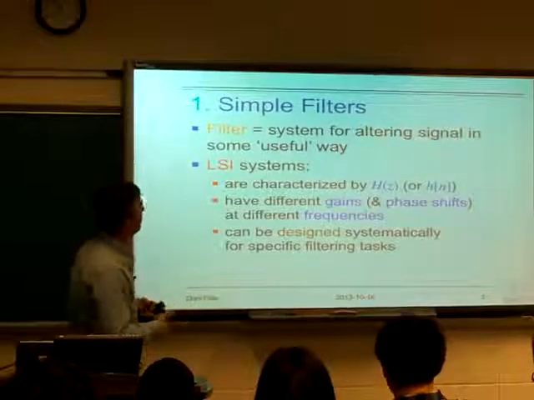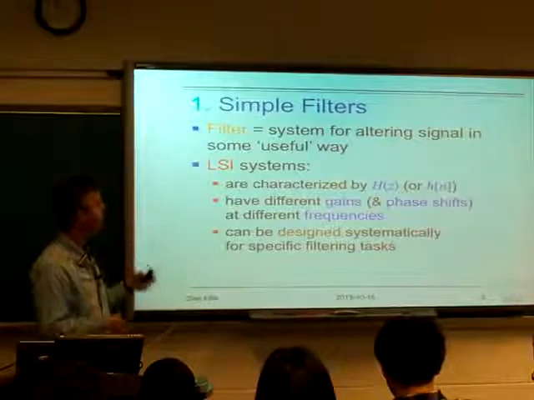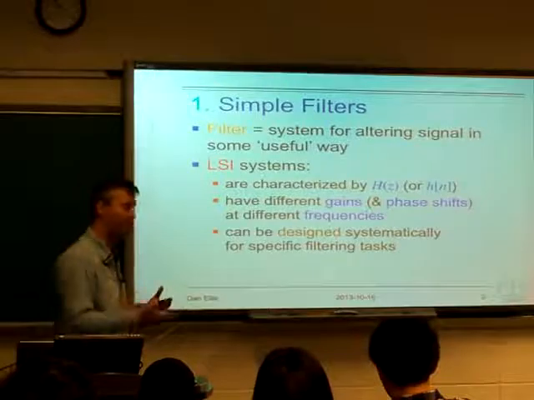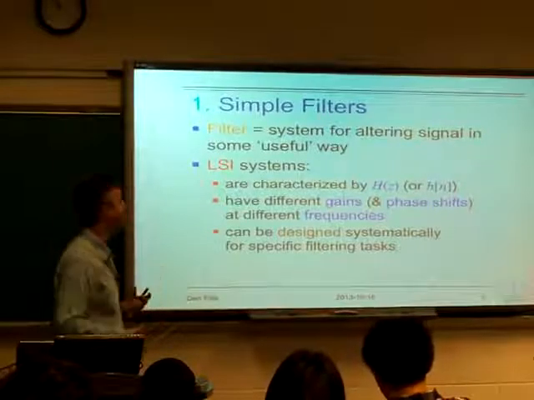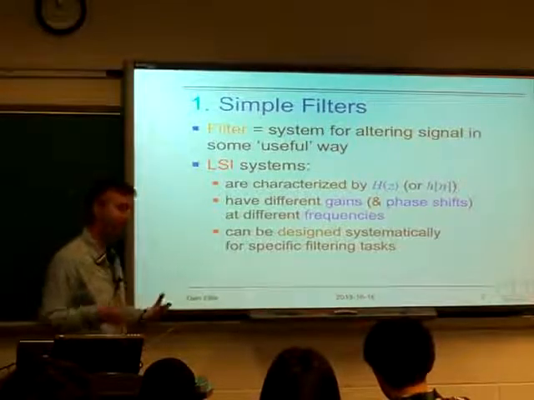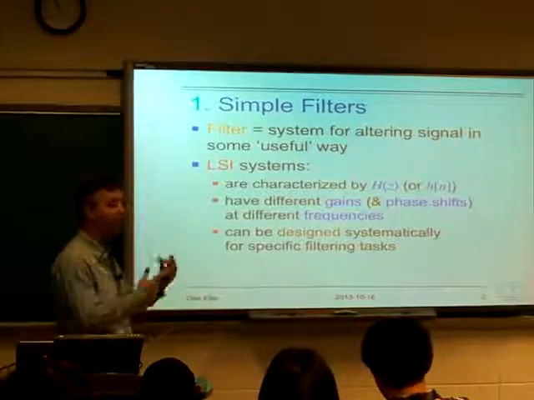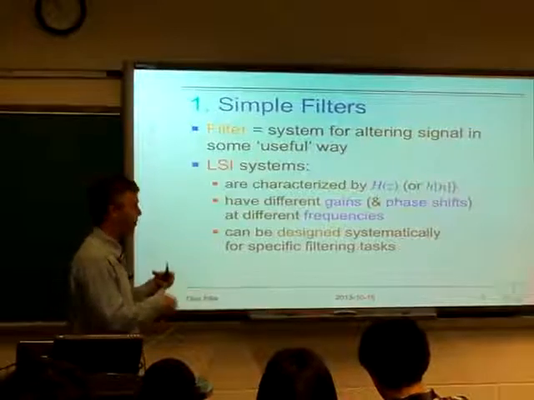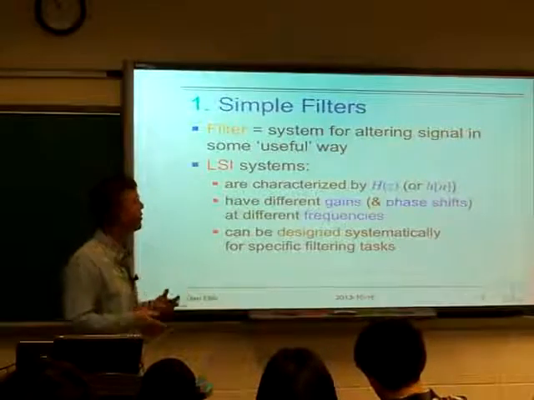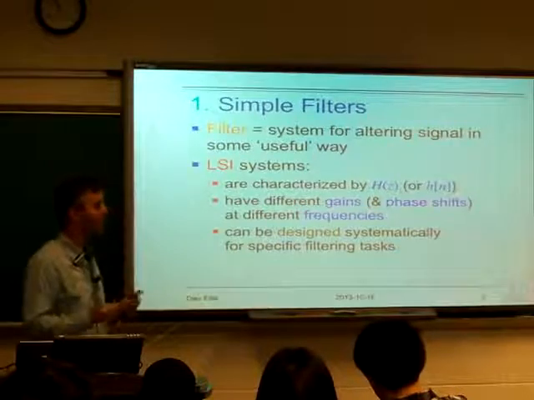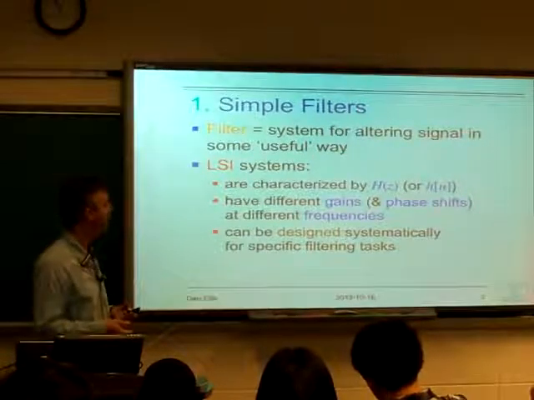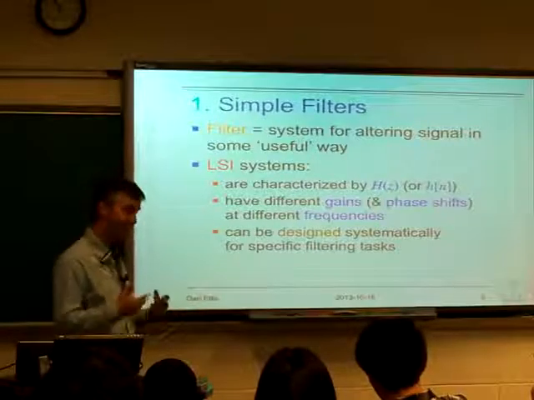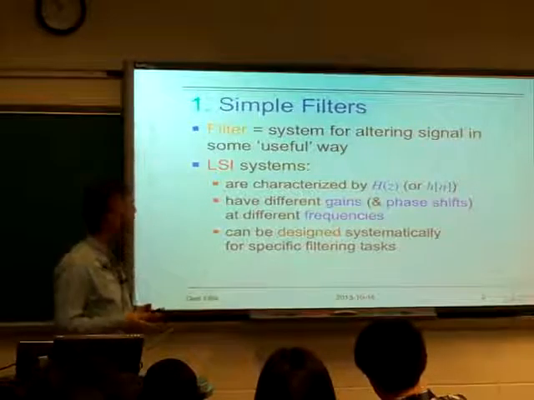So we said what we mean by filter is, in general, the more general idea of a filter is something that you put something through to remove certain parts. And so in signal processing, it's something you put a signal through to change it in a way, basically to take some stuff out because you have some goal you're trying to serve that will be better served by what the filter does to it. When we're talking about filters which are linear shift invariant systems, that's a highly constrained and well-behaved set of filters